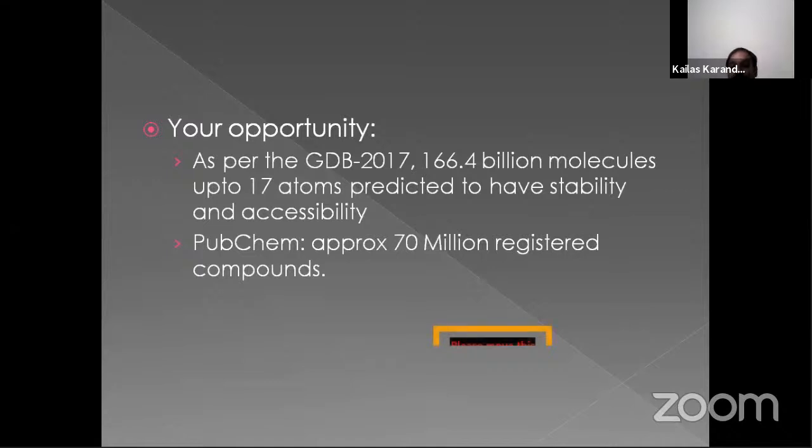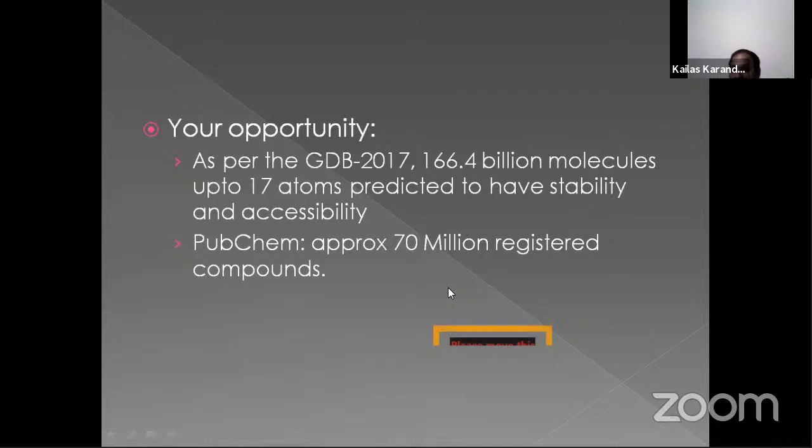Not essentially that all these 70 million registered compounds must have therapeutic efficacy. It's not like that, but at least, being a chemical compound, it may have the capacity to act as a drug compound. And being pharmacists, while developing a drug dose formulation, we can get a compound which has